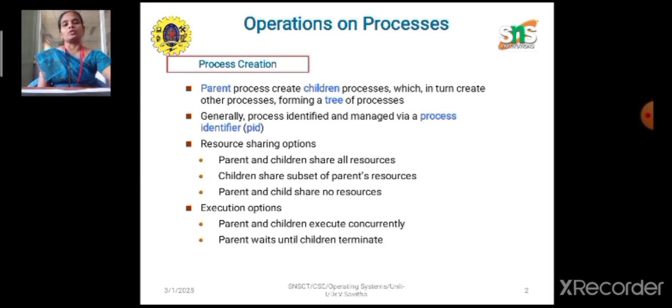The execution options mean that the parent and children can execute concurrently, or the parent process has to wait until all the children complete and terminate. When the parent and child process are not related to a common task, they can execute parallelly or concurrently. In turn, if the parent is fully dependent on the child's operations, then it has to wait